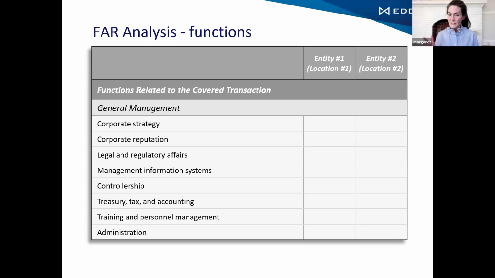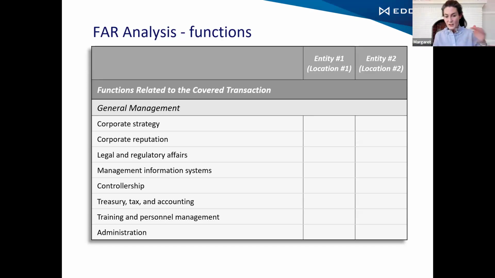It could be all of the entities in the group, or it could be the two entities that are interacting, plus maybe the headquarter entity. Maybe they provide some services as well. And usually I'll keep 3 columns here, but it didn't fit very well on the page, so I just have 2 entities listed. And the way it worked for us to break up the functions, because it was easier to think about comparability this way, and it's also how the IRS tends to break up their functions,